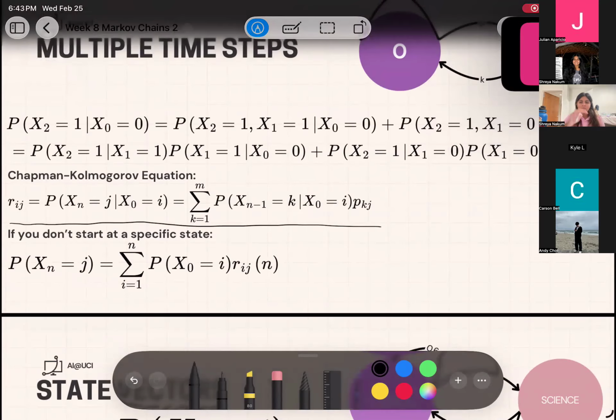Typically no one's going to ask you to solve this out. When you do machine learning in real life, you're not going to have to solve this out by hand. I just want to make sure everyone has a good basis before we get into more complicated things like MDPs.